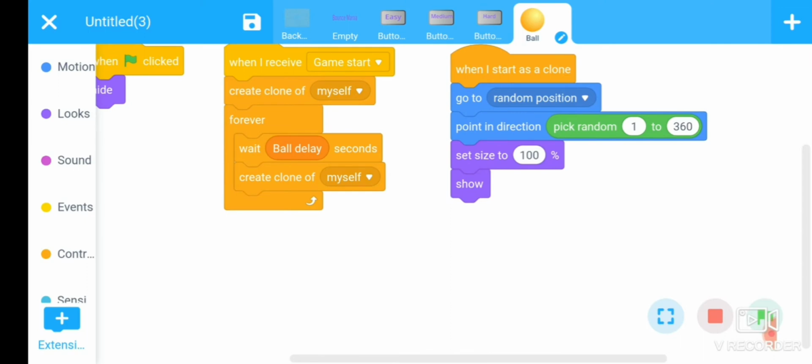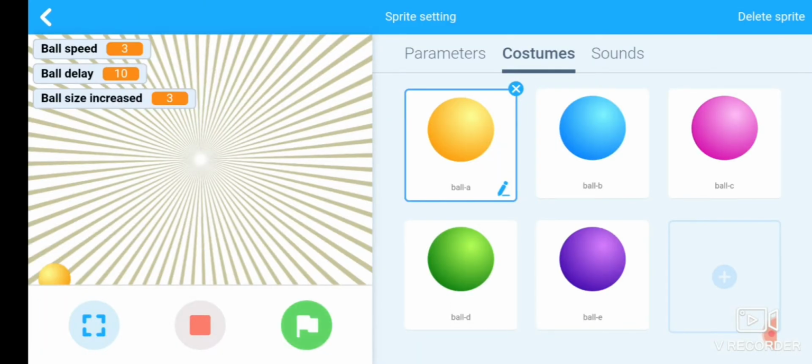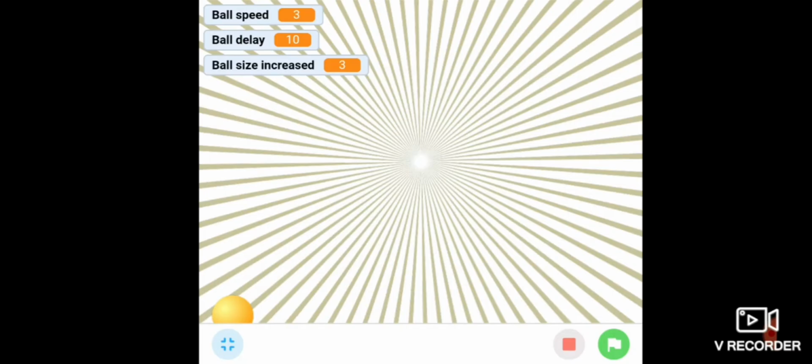Put this show command here. Now again look on the screen. The clone of the ball is starting to generate. Fine.